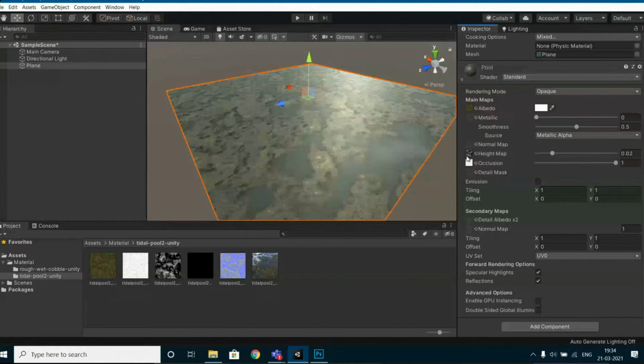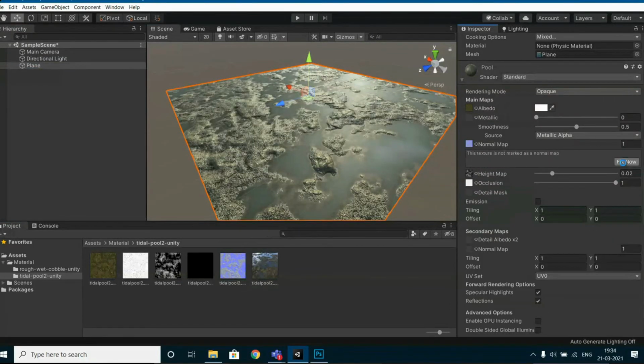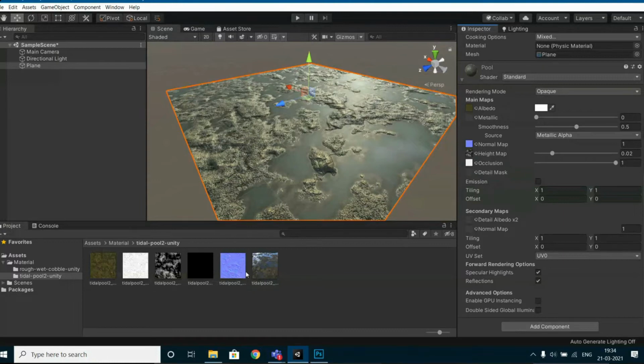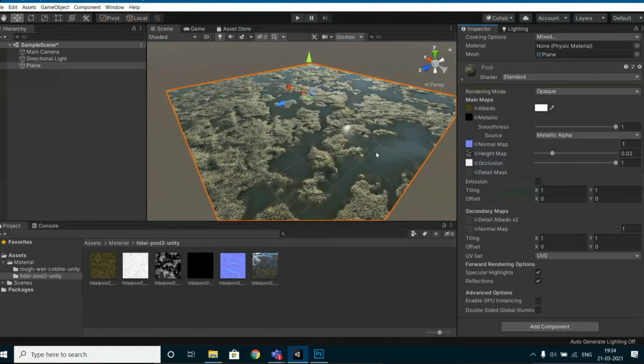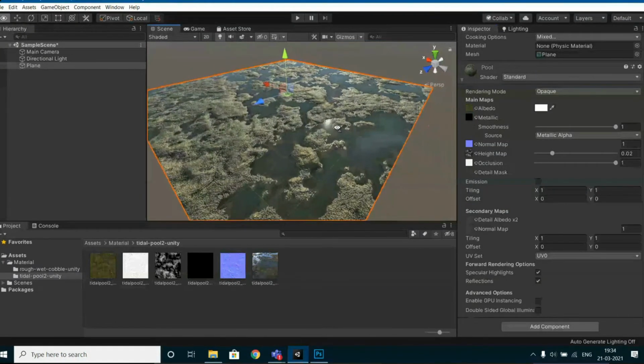Put the normal map in the normal map channel. Fix now. And yeah, this should be the metallic map. As you can see, the entire plane is using the same material, but different parts